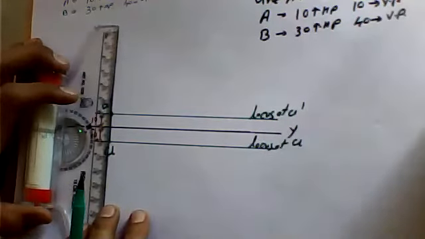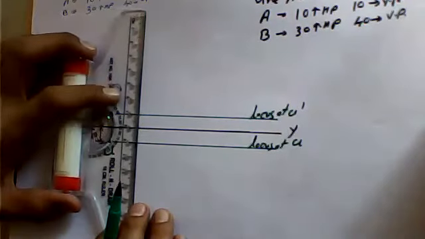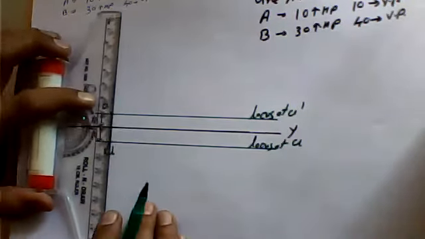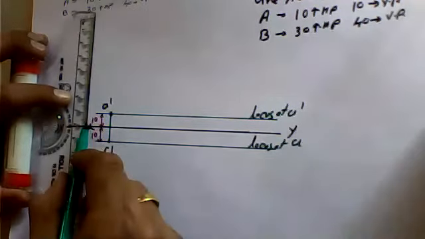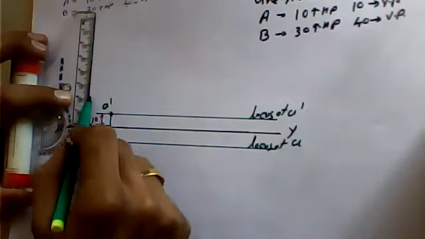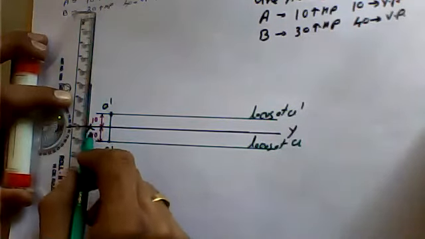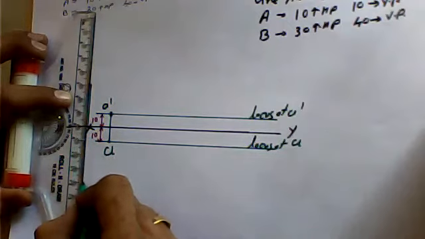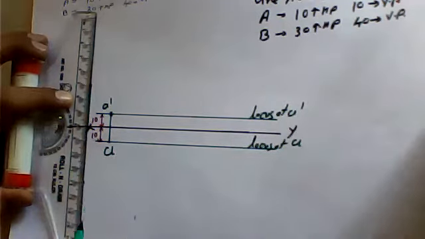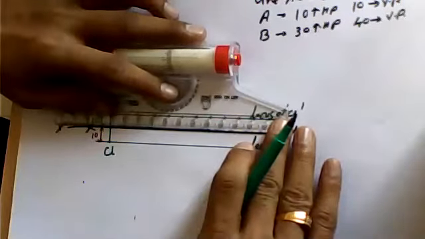Now I need to take the position of point B also. So I'll be drafting the position of point B. From this reference line, as the data suggests that point B is 30 mm above HP, I'll be going for 30 mm over here for presentation of data, and 40 mm in front of VP, so I'll be going for the 40 mm position over here. Now I'll be drafting the locuses, then I'll be mentioning the other conditions.